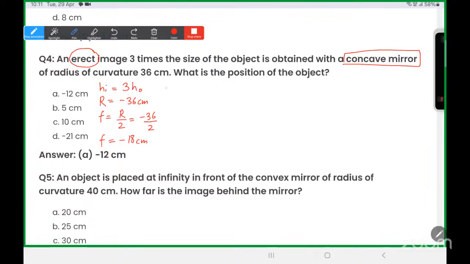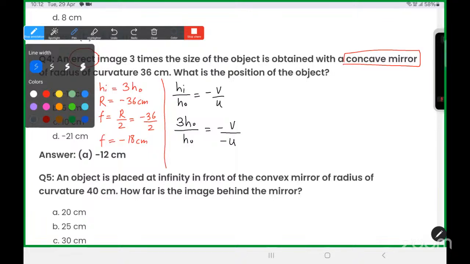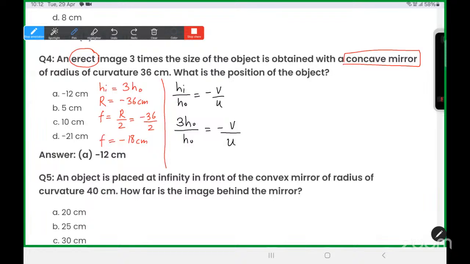व्हाट इज द पोजीशन ऑफ ऑब्जेक्ट? देखो मैं इसको सॉल्व करता हूँ। सबसे पहले तो HI से शुरू करते हैं। तो लीनियर मैग्निफिकेशन का फॉर्मूला यूज करता हूँ, HI बाय HO, और इसकी वैल्यू हो जाएगी -v/u, क्योंकि मिरर है ये। HI की वैल्यू 3HO है, और ये HO एज इट इज। u की वैल्यू फाइंड करना है, तो u की वैल्यू u ही रहने दो। तो HO कट जाएगा, v इज इक्वल टू -3u आ जाएगा।